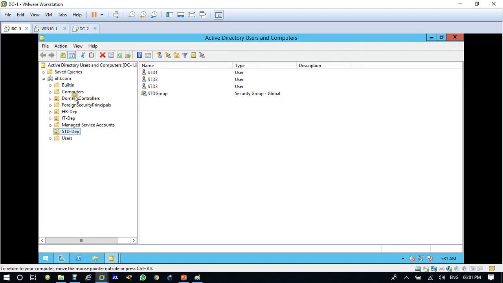and if you come to Computers, you will see here it will refresh, maybe when it boots it will come here.